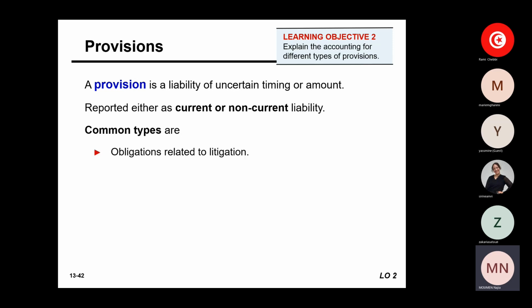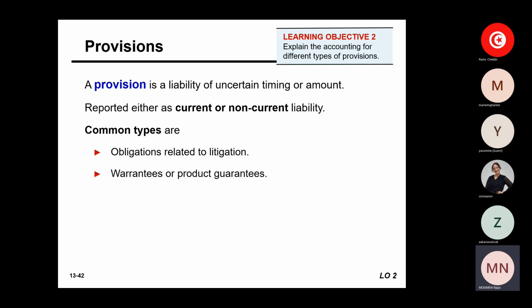Okay, what are then the different types of provisions? Commonly we have obligations that are related to litigation. Just imagine you just fired an employee, and the employee filed a lawsuit against you in court. Then you are in litigation with your ex-employee, and you will be expecting that you will be, for example, paying damages to that employee. That will make a present obligation that arises because of past events. The problem is, maybe I don't know how much I will settle that obligation for, nor maybe when.